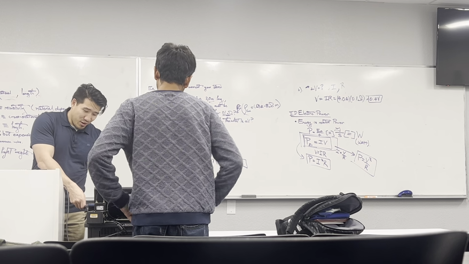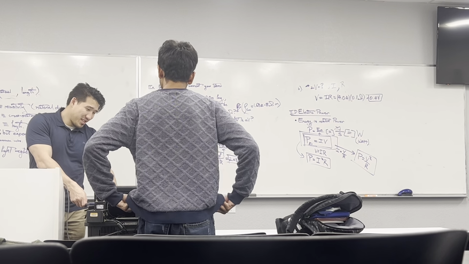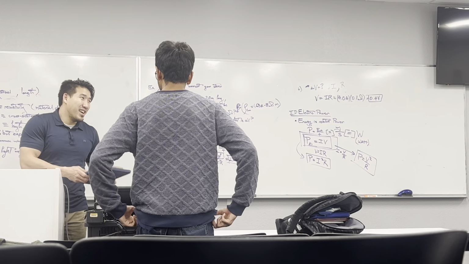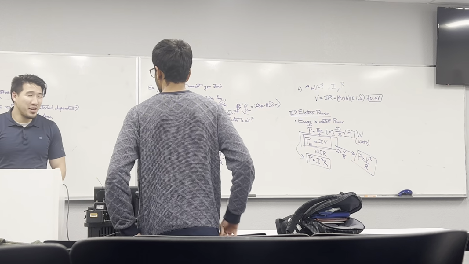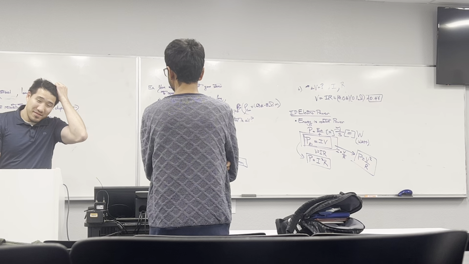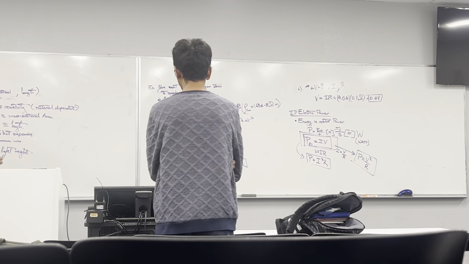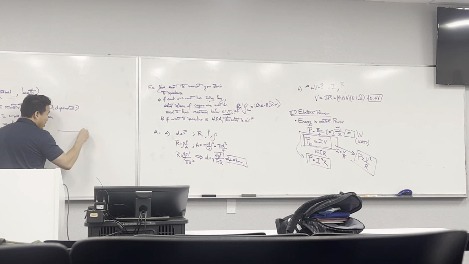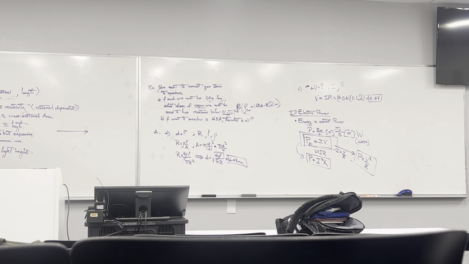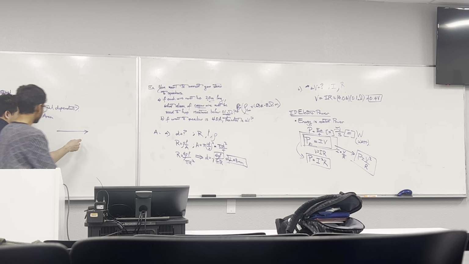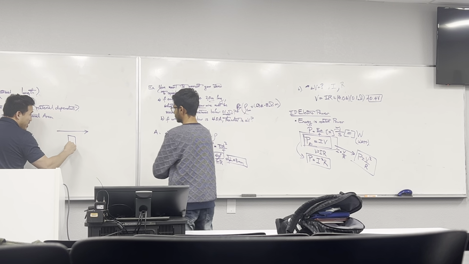So electric field, when it moves through space, okay. So the electric field is a distortion of space, right? Yeah. So if a material, let's say something was here,